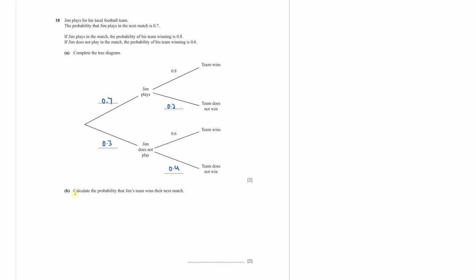Part B is calculate the probability that Jim's team wins their match. So what is the probability that Jim's team wins their match? That means if you end up here, the team wins, and if you end up here, the team wins as well. So you have to find the probability